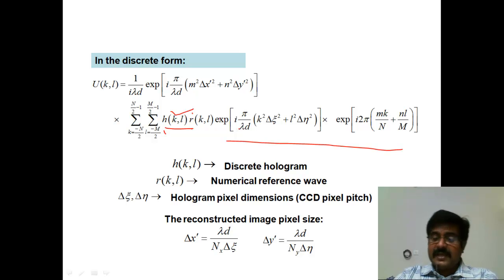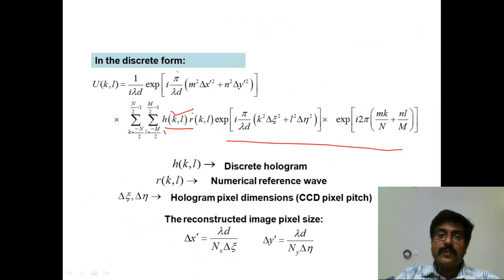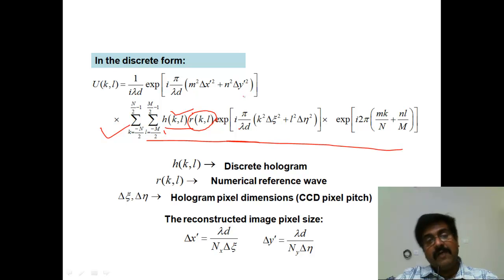So the previous case we have seen is a continuous transform. But here, in order to apply it numerically, we have to discretize. After discretization it takes this form. In summary, this is the detected digital hologram multiplied by the mathematically modeled reference wave, and then we do the Fresnel transform. It's a mathematical transform, and the Fresnel transform can be implemented using fast Fourier transforms, FFT,